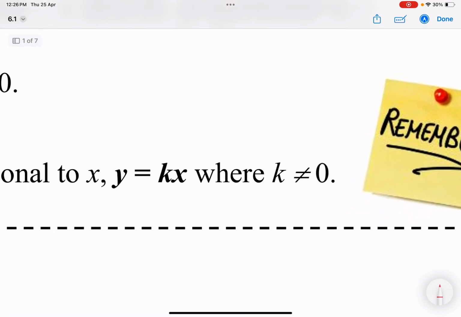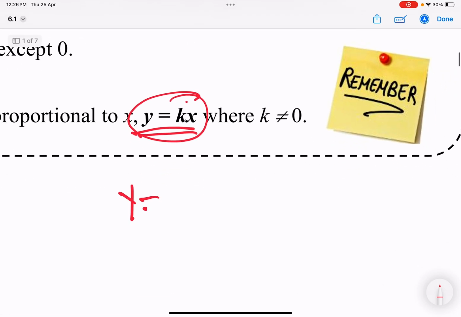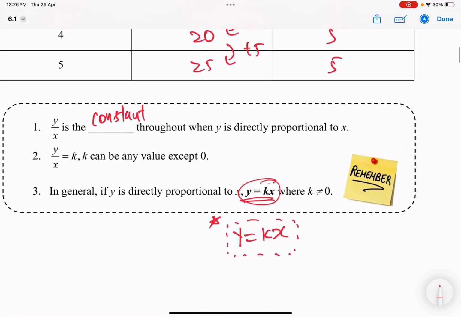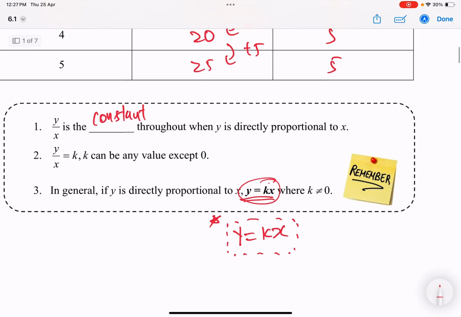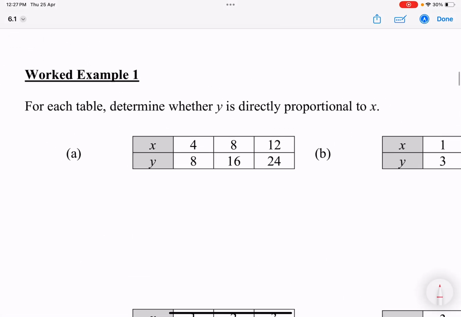Now this equation is very important. When we say that something is directly proportional to another, it will follow this equation. This equation is y equals kx. Can you please remember this formula? Put a dot around this thing, put a star around this thing. This is the most important formula surrounding this topic. Alright, so let us try to see and understand this formula together. Alright, this chapter is not difficult, huh? Alright, okay, let us see.